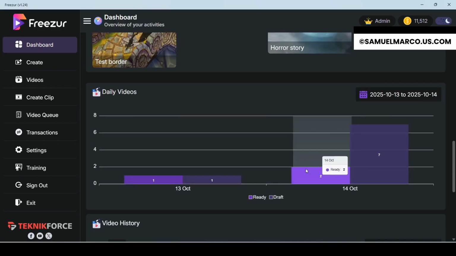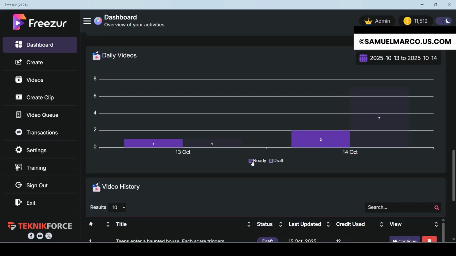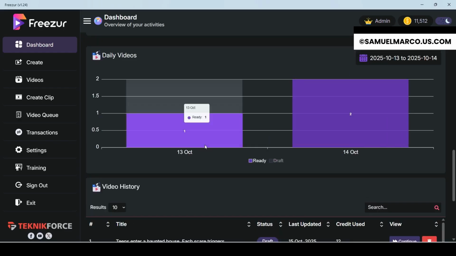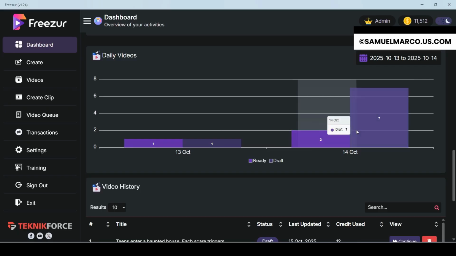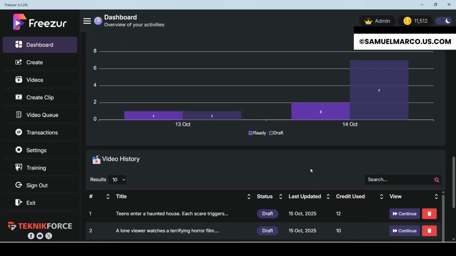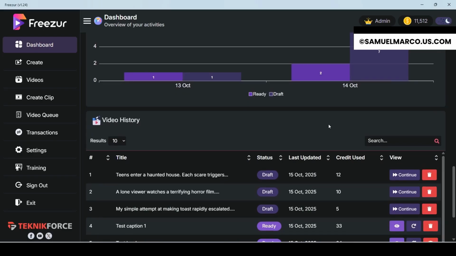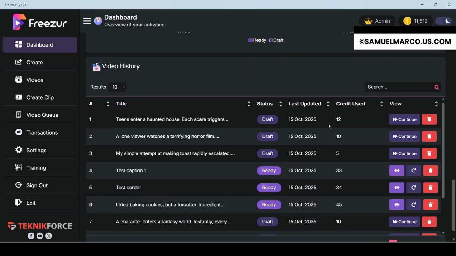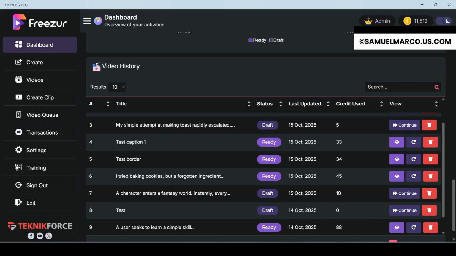The blue bars indicate videos in draft status, while the purple bars represent videos that were successfully created. You can view all created and draft videos in the History section on the dashboard. This section displays a complete record of your video activity, making it easy to review, manage, and track both completed